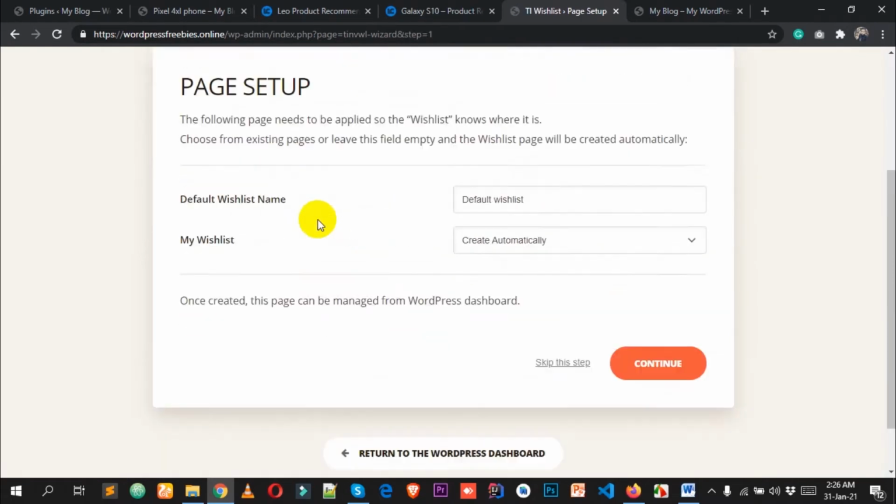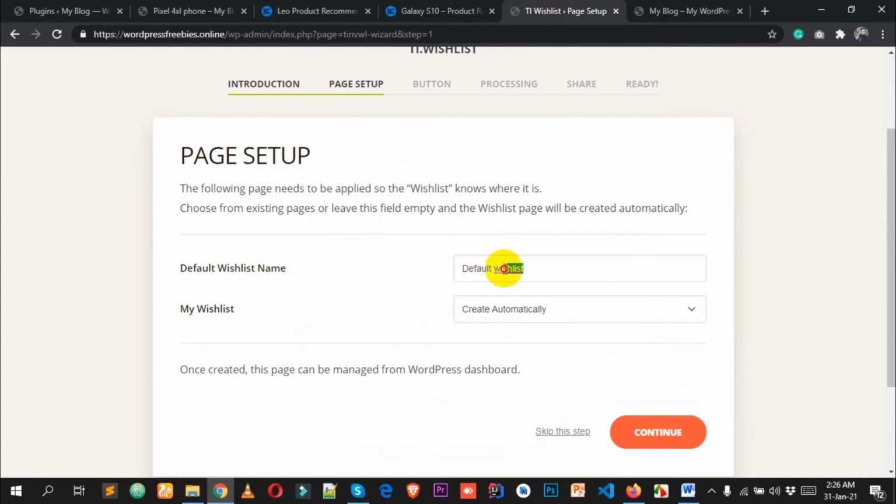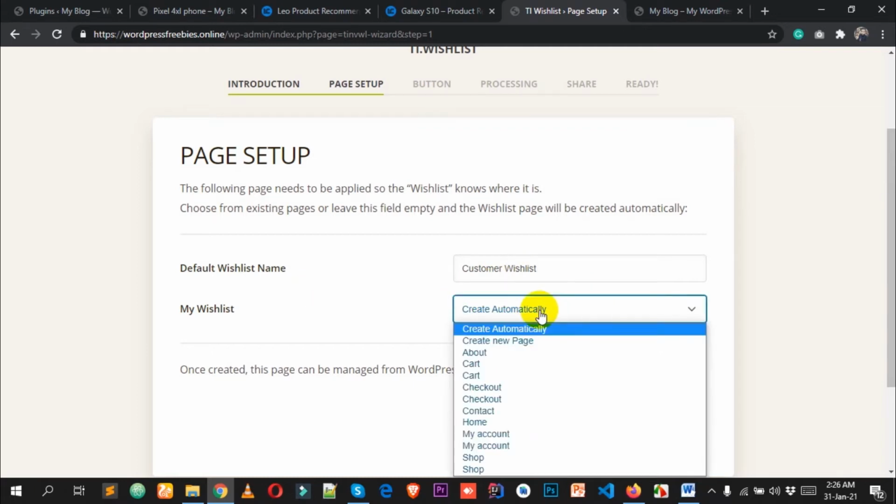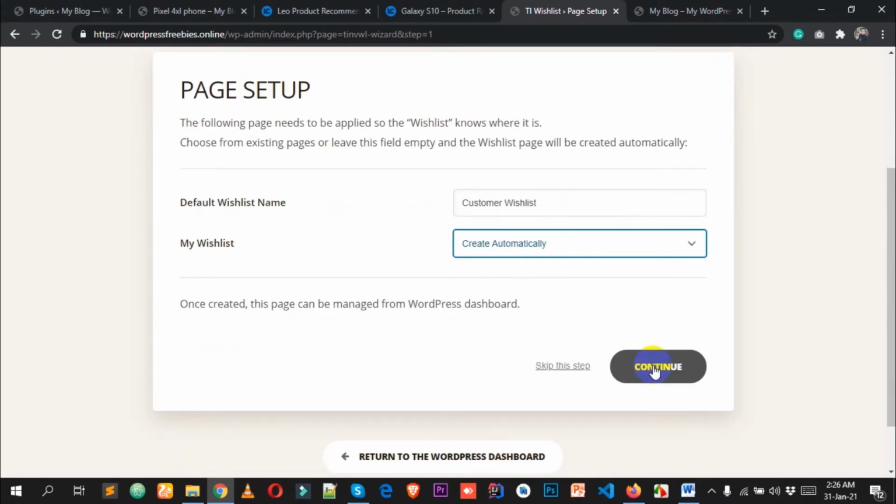And from here, you have to give a wishlist page name. Simply enter a page name. Let me enter my wishlist page name, customer wishlist. Okay, and from here select create automatically. Okay, and after that click on continue,